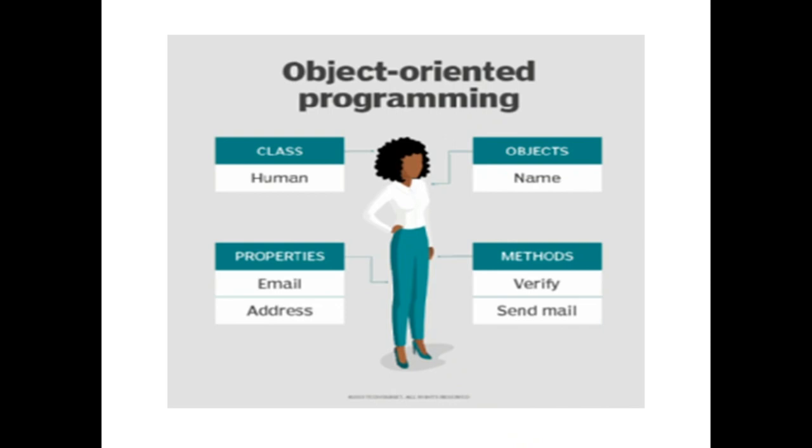Now we have studied that all computer codes consist of two elements. That is, code or programs consist of two elements. That is, code and data. And a program can be organized either around its code or around its data.